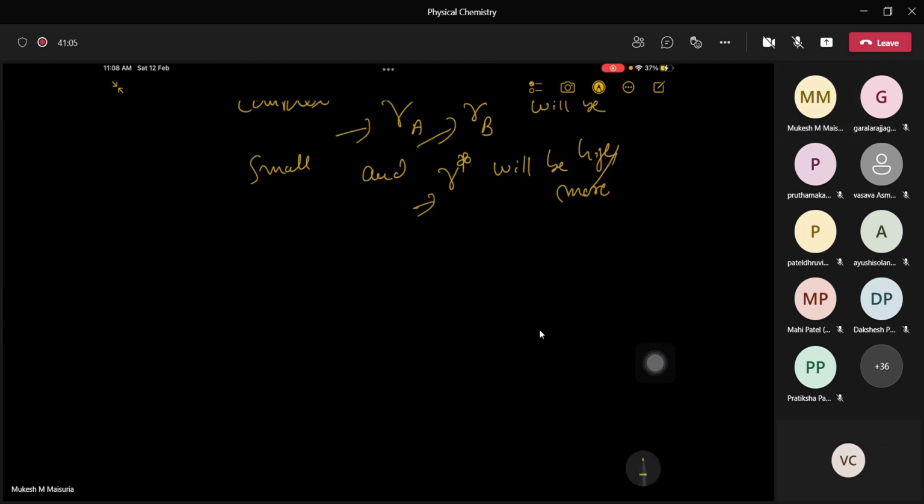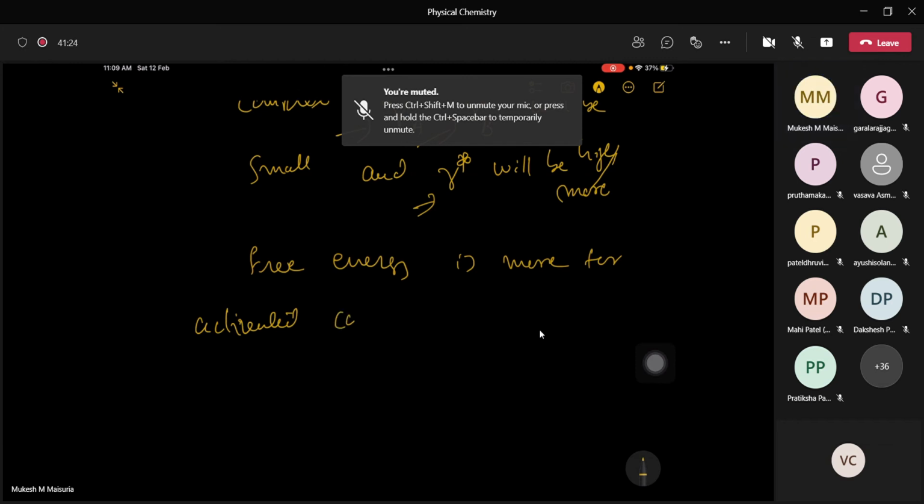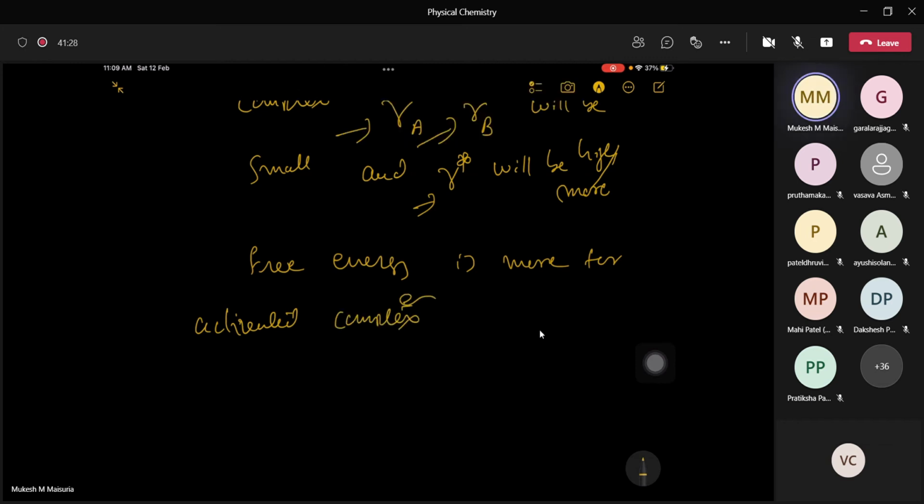But if the free energy is more for the activated complex compared to the reactant,